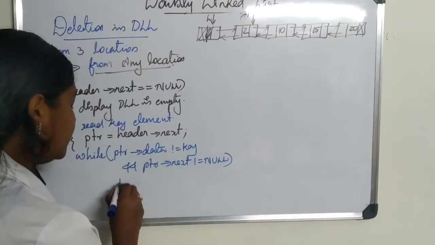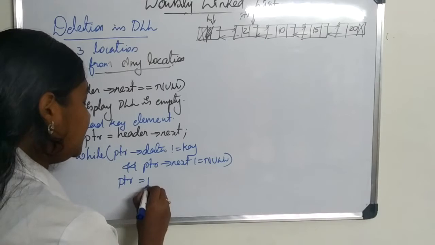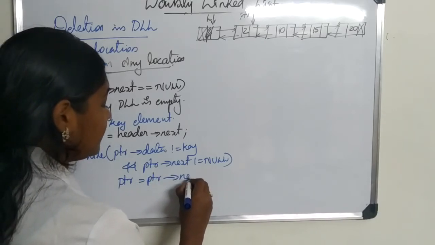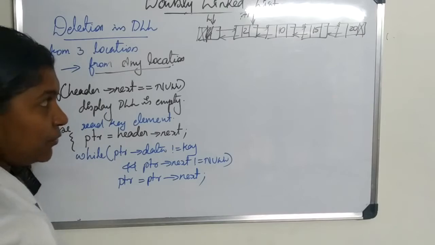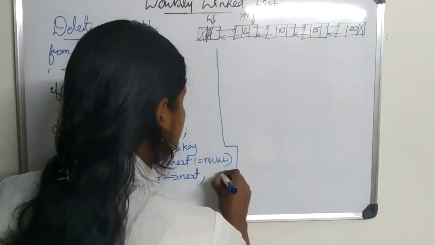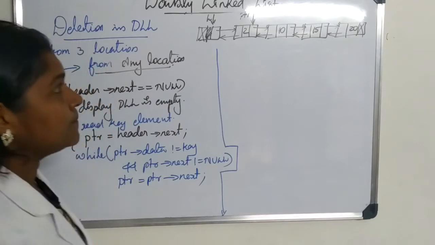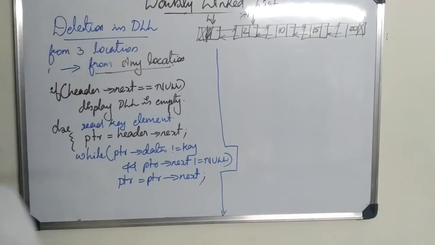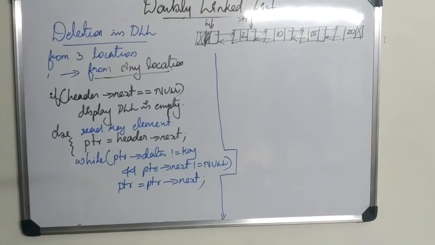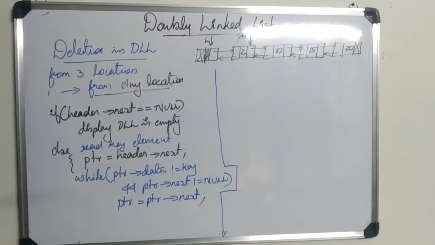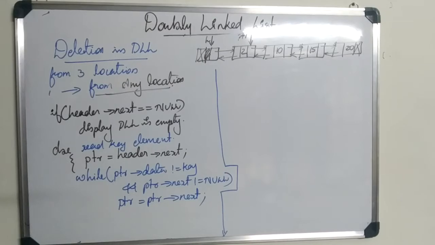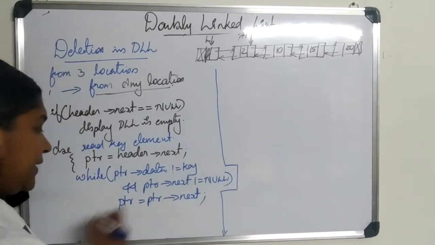Then what are we supposed to do? We simply move on: PTR is equal to PTR dot next. This is the only thing you need to do within the loop. So on coming out of the loop,